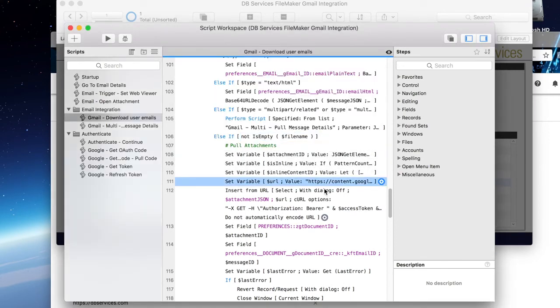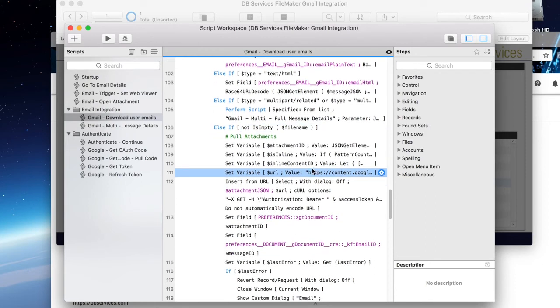It'll be base64 URL encoded, which is a little bit different than the native FileMaker base64 encoded. It's pretty close to the same. There's only about 3 or 4 characters that are substituted to change it to be URL encoded. So you can actually use a custom function that we have in here just to convert it, so then FileMaker can easily base64 decode it into an actual file for you to put inside of a container.